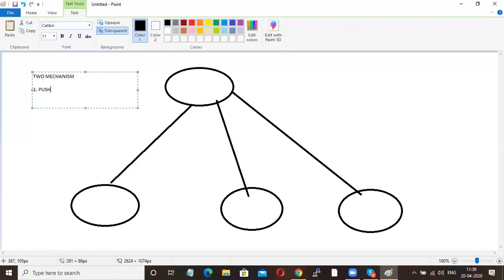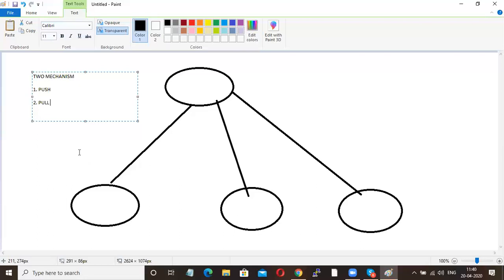One is push mechanism, another one is pull mechanism. So what is push mechanism is normal English meaning. You will just log in into the master machine. From master machine, you will push all your configuration to your slave machines. That is push mechanism. Whereas in pull mechanism, you will just log in into your slave machine. From slave machine, you will just pull all your updated configuration from master machine.